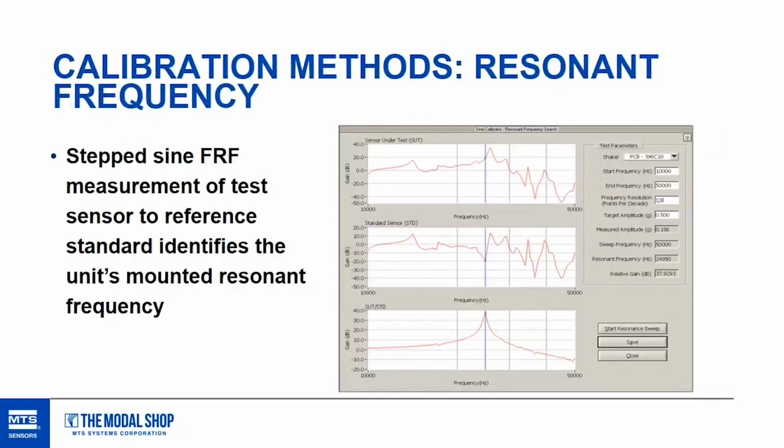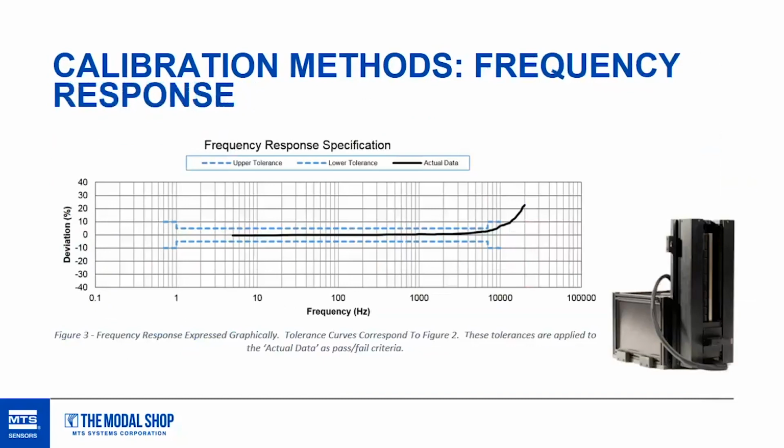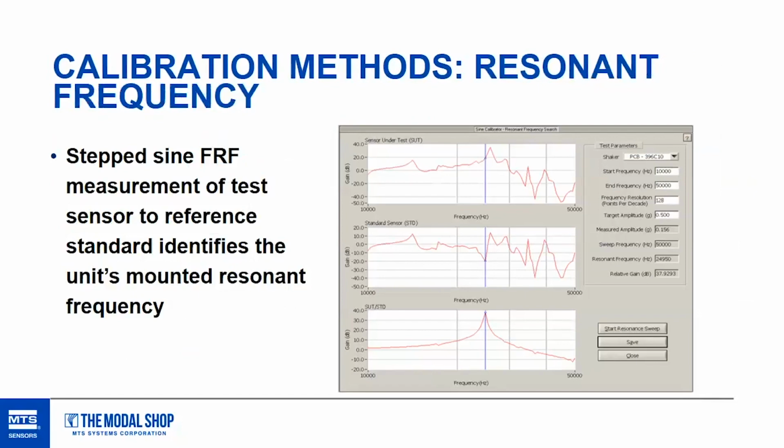The other thing we can check in a sensor is actually the resonant frequency itself. For most of that low frequency portion back there, we're checking whether the sensitivity falls within these tolerance bands. But if we keep going past the high frequency tolerance bands, past the 3 dB high frequency tolerance, and put very high frequency energy into our sensor, we can actually see, as in the bottom graph there, at what frequency we achieve a resonance. And that's, in this case, a ratio of the sensor under test output to the reference standard's output. And you can see we express it as a gain, and that peak there that you see is about 25 kilohertz or so. And we can give this frequency as a resonant frequency as a form of another calibration